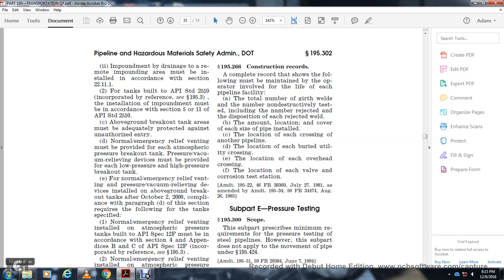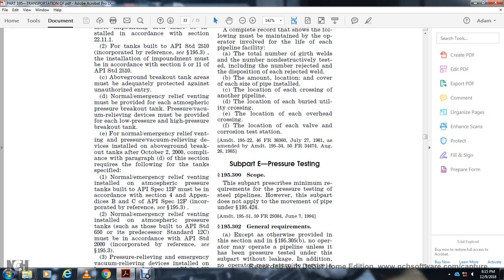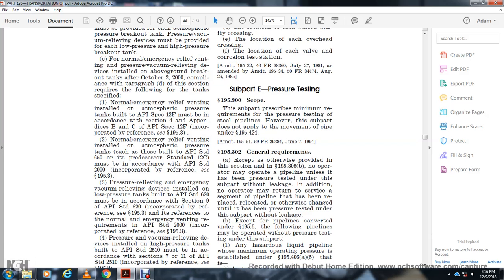venting installed. The atmospheric pressure tank built to API Spec 12F must be in accordance with section 4 with appendix B and C of API Spec 12F, incorporated by reference in 195.3. Normal and emergency relief installed on the atmospheric pressure tank built to API Standard 650 or predecessor Standard 12C must be in accordance with API Standard 2000, incorporated by reference in 195.3. Pressure relieving and emergency vacuum relief devices installed on the